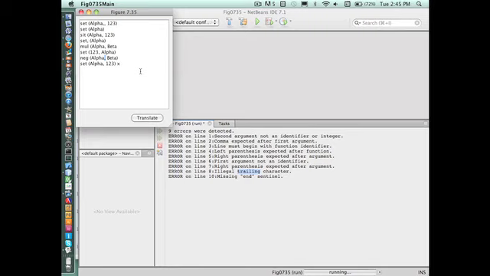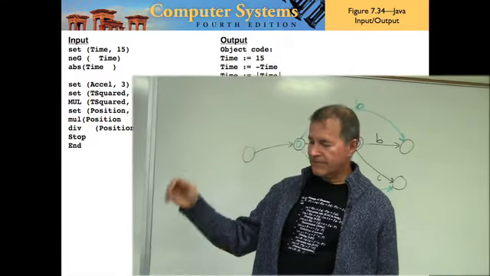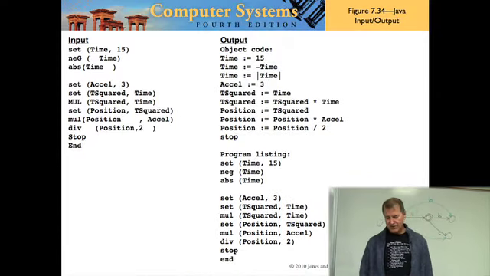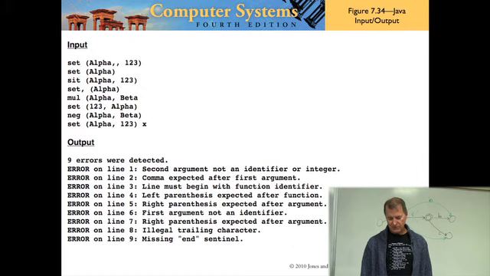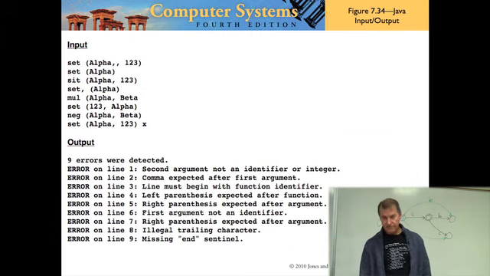All right. Does everybody see how that works? Okay, and that concludes our demo. So on the slides here, we just have a repeat of what we saw in the demo. Here's the valid input, and if there are no errors, we have object code and then a program listing. And then here's the same thing, the one that we just looked through with the errors.